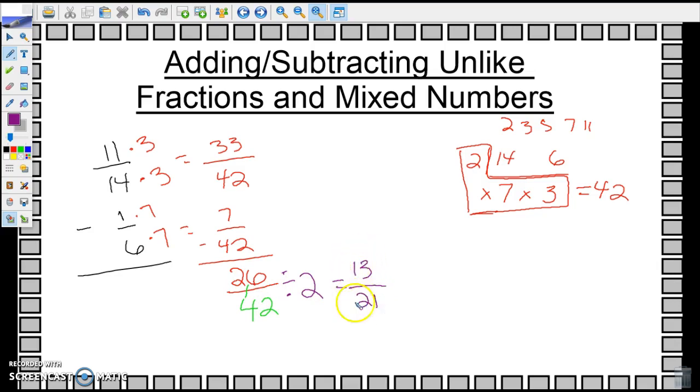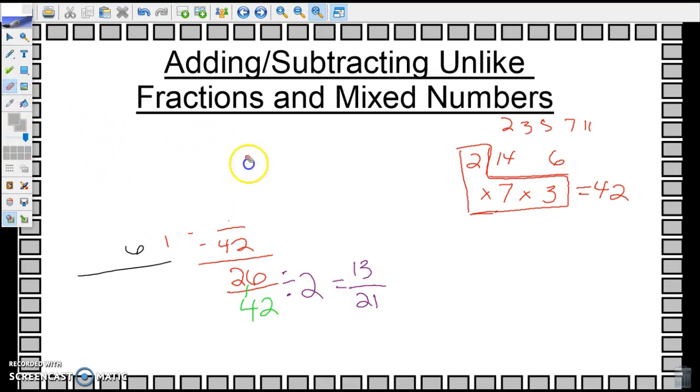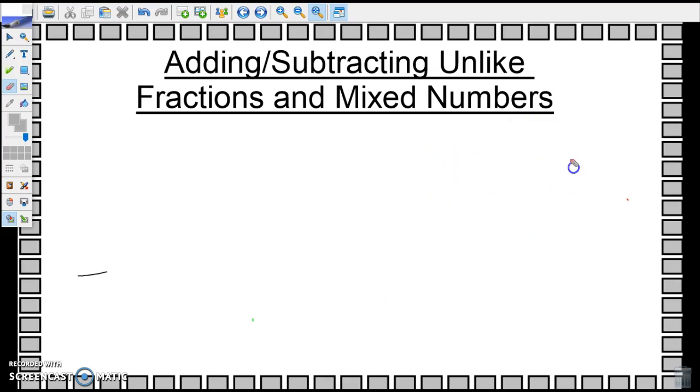And I ask myself if I can reduce that again. My answer is no. So 11/14 minus 1/6 is 13/21. Okay. All right. Now I'm going to show you how to add mixed numbers. So I'm going to look at 6 4/5